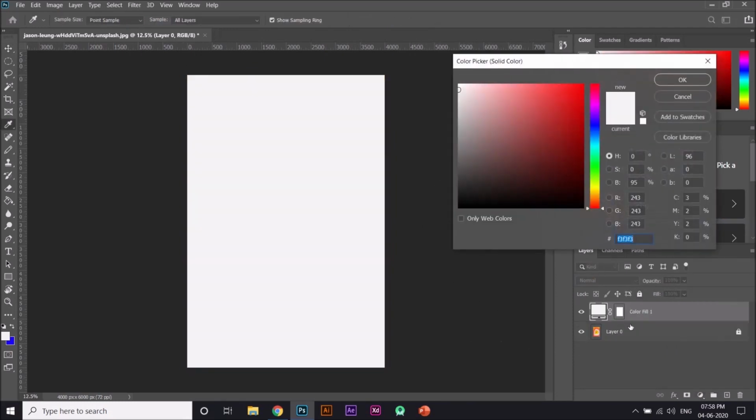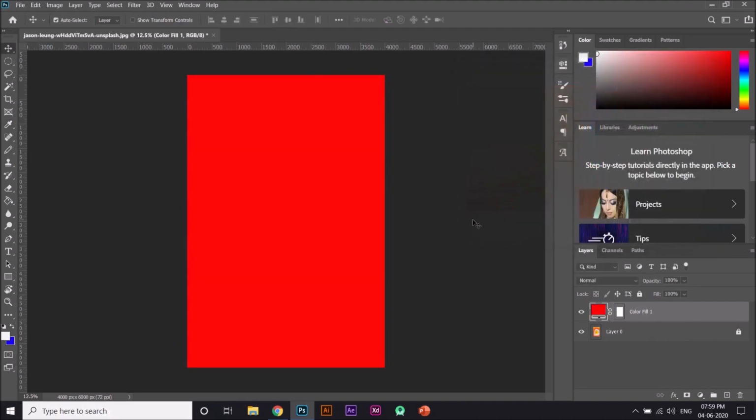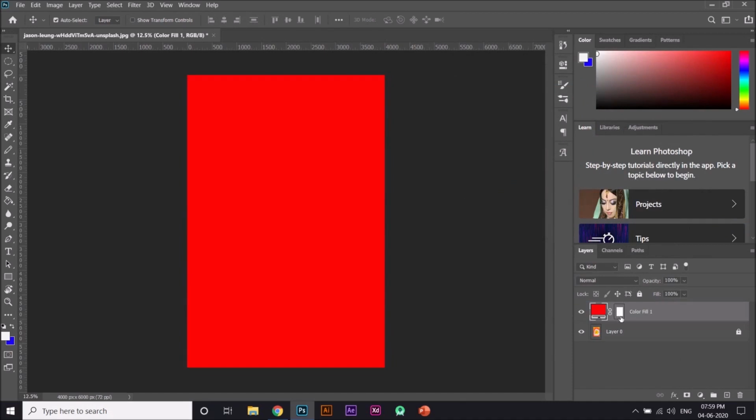Here when you click, it automatically creates a layer and the size of the layer is equal to the size of the canvas, and here you can choose the color which has to be filled. That's why it's called solid fill. And when I drag this below, you can see it disappears because this layer is right above this. And here you can see there's this rectangle which is formed right beside this layer. So you might be thinking, what is this?